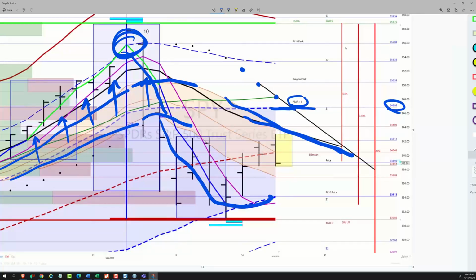And now you can see the value of that smooth RL10 and how nicely that traces the main body of price. So until we get through the dragon, this is a noise boundary